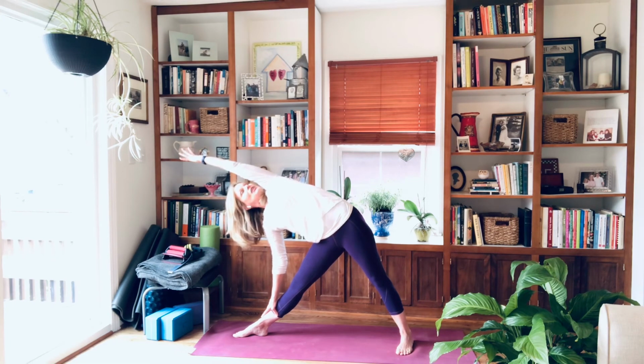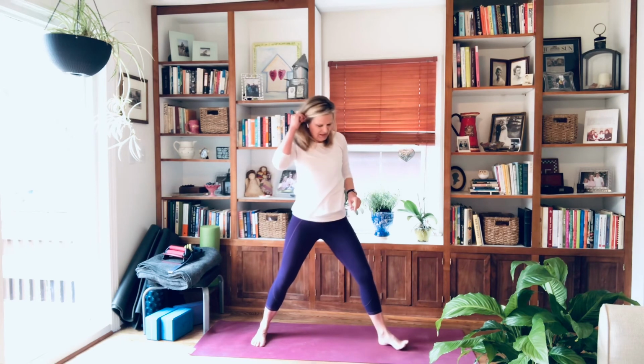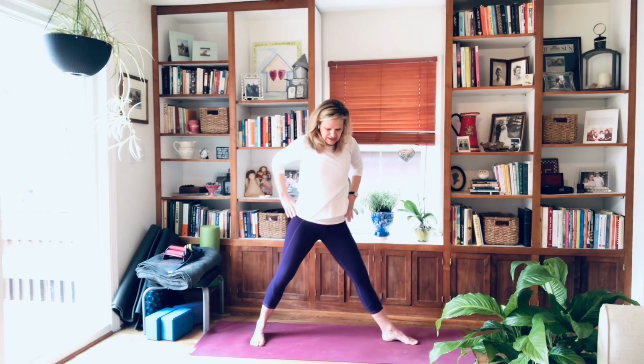Hug your inner thighs towards each other and spiral the right side of the rib cage up. Stay here. Inhale. Exhale. Press down through the feet. Inhale. Come all the way up. And we'll turn the feet to the left. So as you turn the feet to the left, the outer right hip will rotate forward